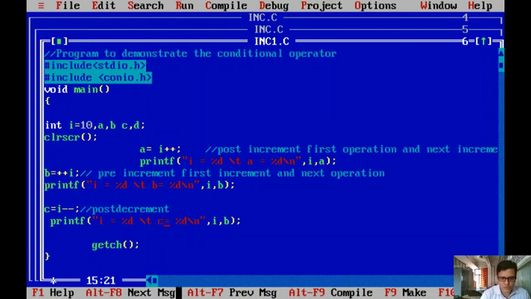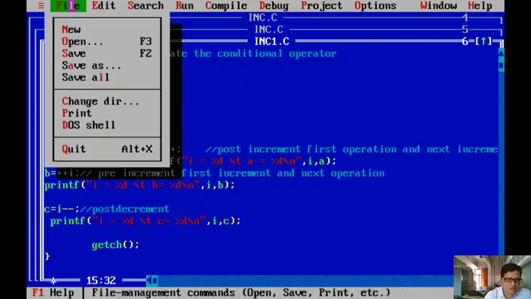Now tell me what is the output. Please observe here, what is the new value of i? 12. So post decrement, first in c what will it store? 12. What is the i value now? 12-- is 11. The i value will be displayed as 11 and the c value as 12.